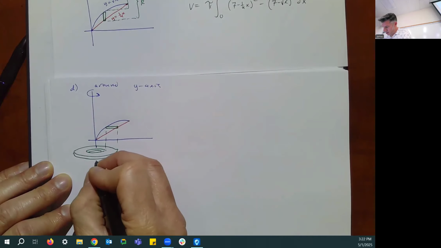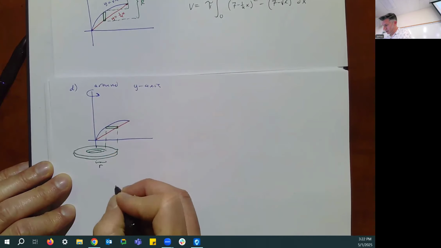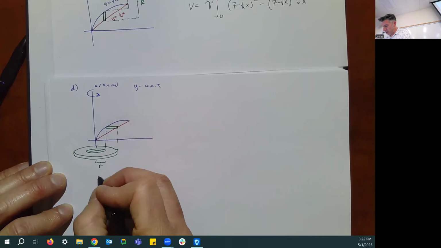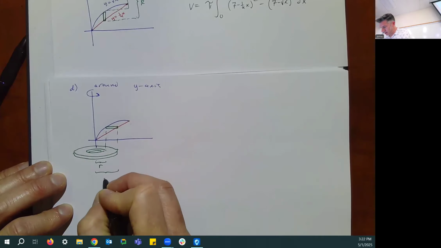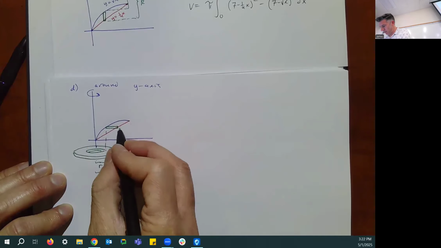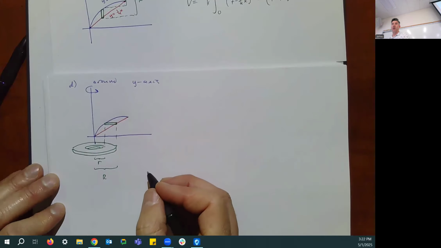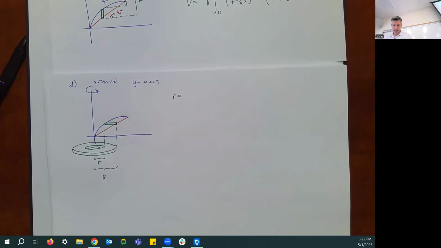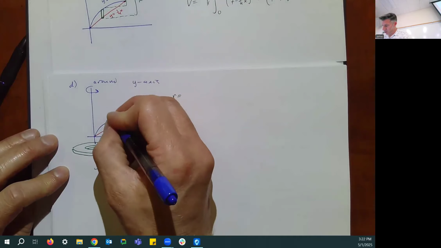And my inner radius is the distance to the blue function, and my outer radius is the distance to the red function. So my inner radius here should be, well, let's see, the blue function was y equal to the